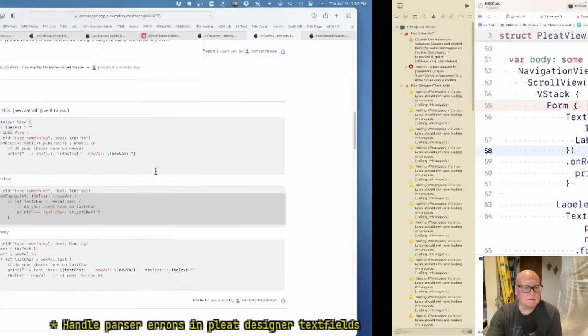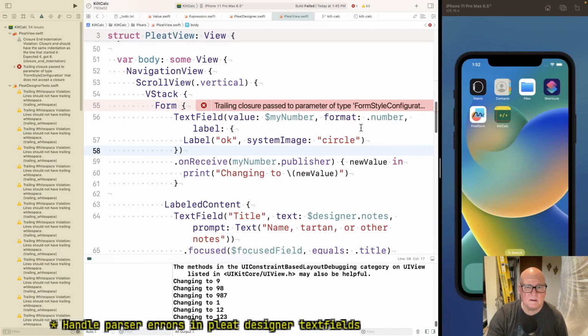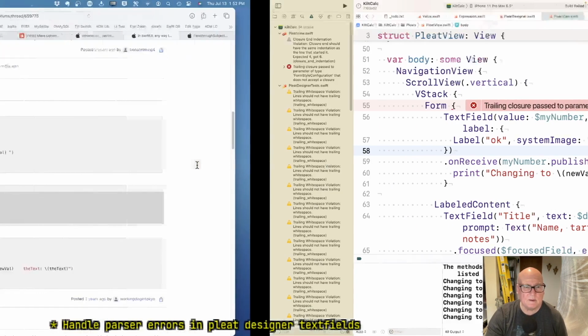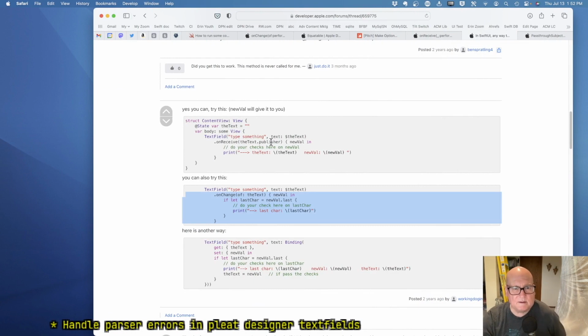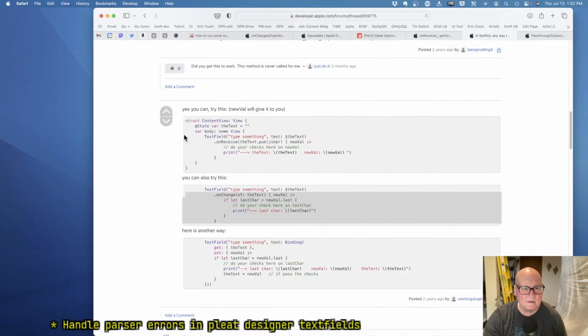Okay. There's my text field. Okay, we don't even need the label. Well, maybe we do with format. No text field, text, dollar text, text field, value my number. Okay, a little different. On receive.